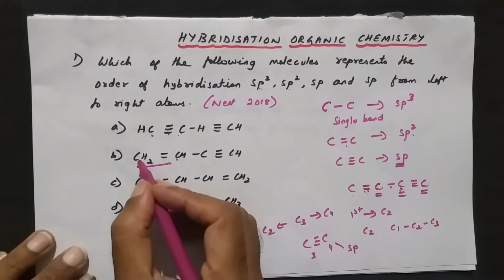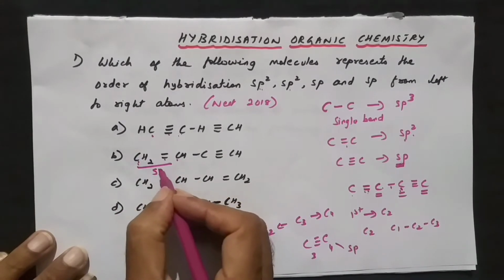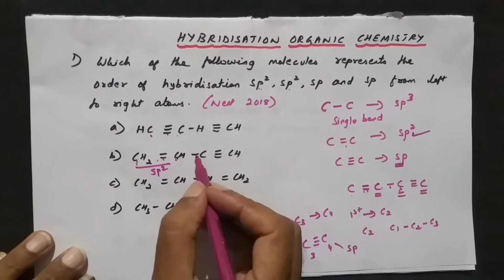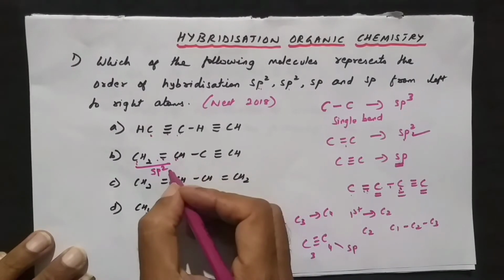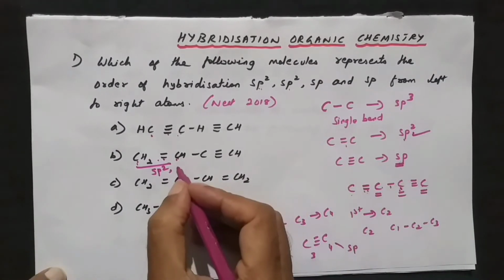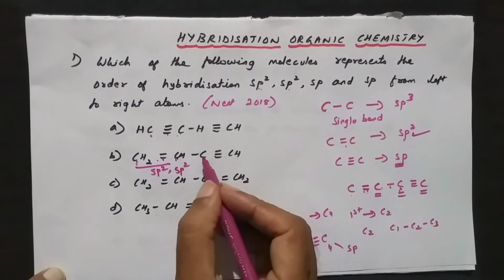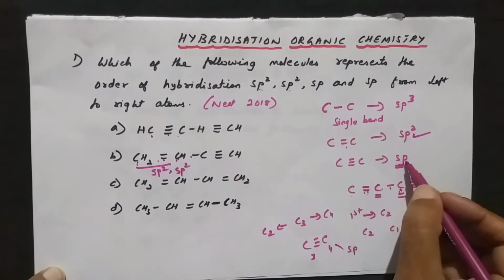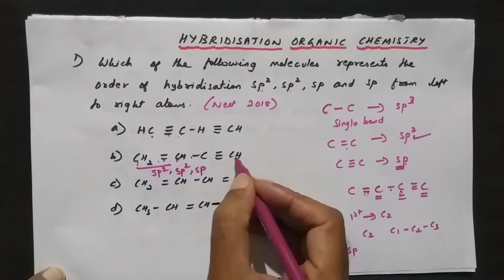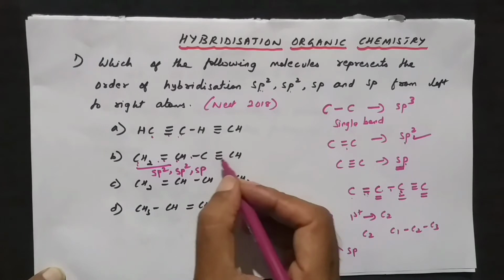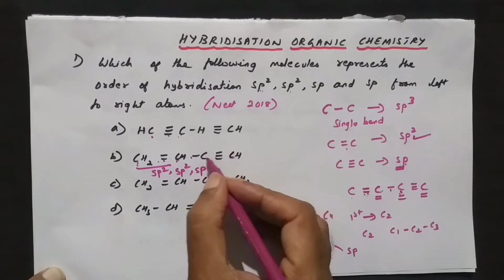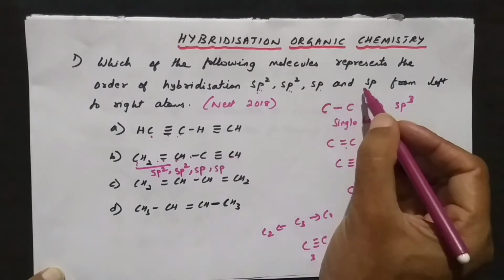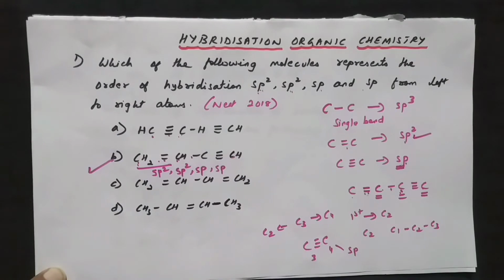So that's the reason here. Between carbon and carbon, a double bond is sp square. You take this carbon, you have to check both the left and the right hand side. On the left hand side a double bond is there. Any one double bond is there, it is sp square. So the second carbon will be sp square. Take the third carbon. Left hand side is a single bond, but right hand side I got a triple bond. So presence of a triple bond gives sp. When you take the last carbon, you have to check only with the previous carbon. This last carbon is attached to the previous carbon with a triple bond, so once again sp. So sp square, sp square, sp and sp. So option 2 will be the correct answer.